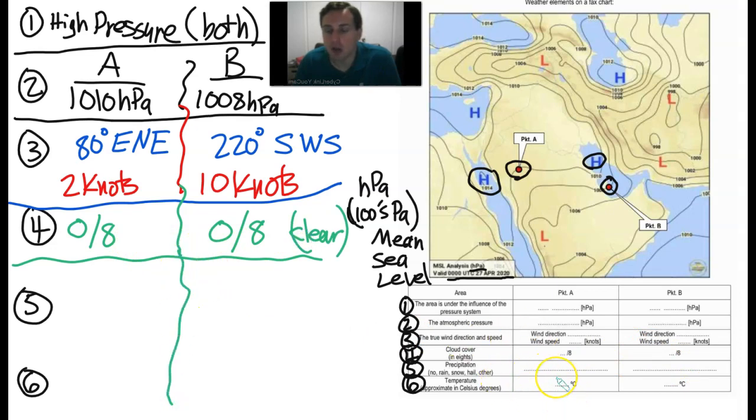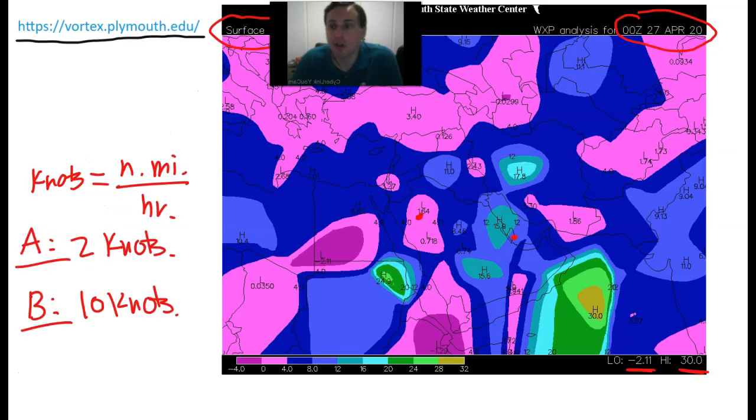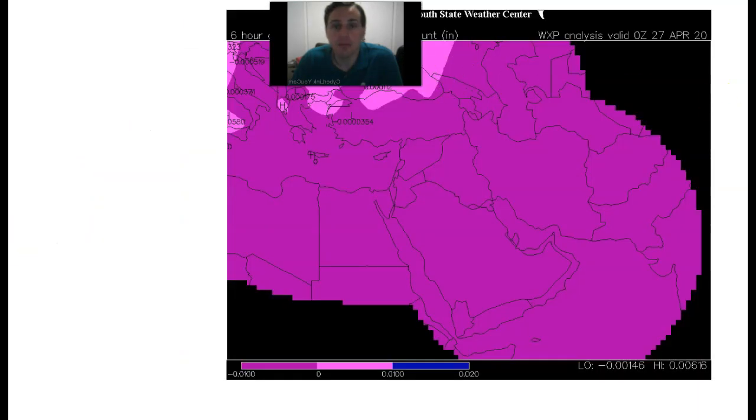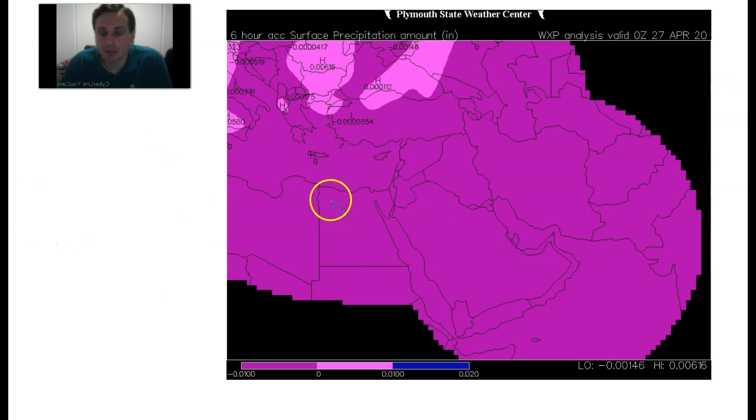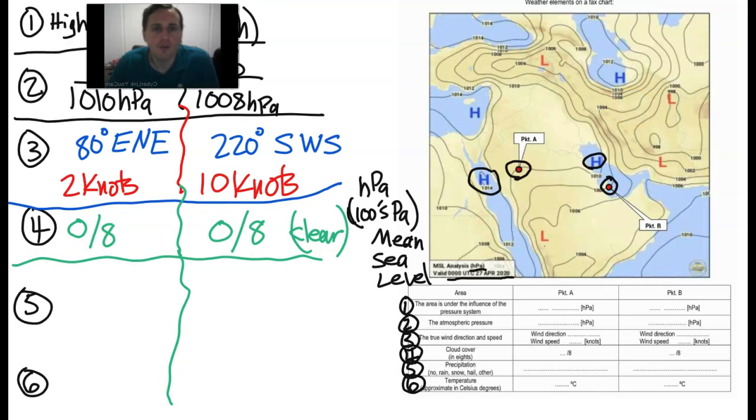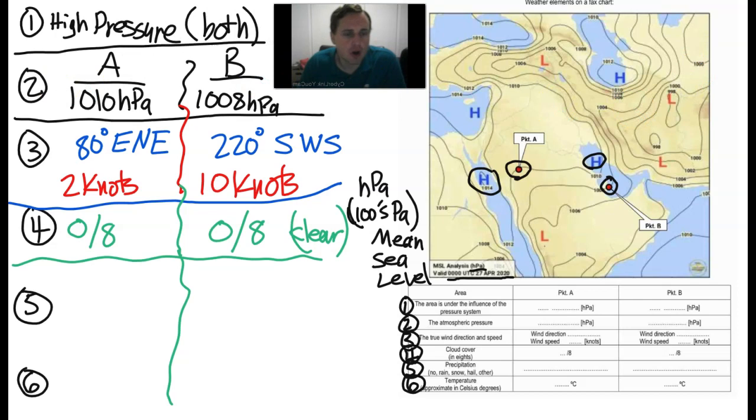We need precipitation and we need temperature. Again, I used the Plymouth State weather maps for this. So let's go down to this one here. This one is 6-hour surface precipitation. Part of the reason it's almost all purple is because it's almost 0 everywhere. Everything's less than 1/100th of an inch, which basically means no rain. So we're just going to assume that it's about 0. And again, this is what we expect climatologically speaking for the Arabian Peninsula. So we expect precipitation, we just want to say none, or no